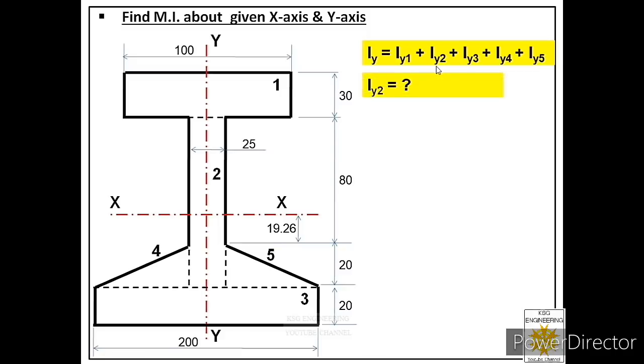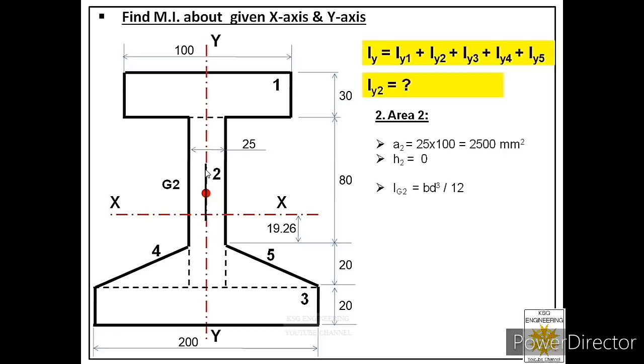In order to find Iy2, the very first step is to find the area. The area we have already calculated when we were calculating Ix2, that was 25 into 100. Now we have to locate the center of area 2, and we know it lies at L by 2 and B by 2, so that will be equal to 25 by 2 and 100 by 2. But what is the change now? From that centroid we have to draw the centroidal axis by keeping it parallel to the main axis. The main axis is a vertical axis, so the centroidal axis will also be vertical. And we know both are at the same place, so H2 in this case will be 0.